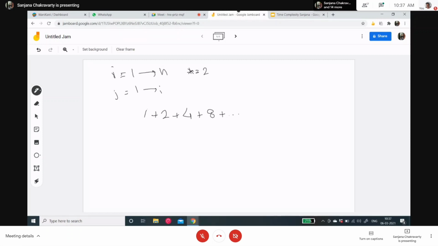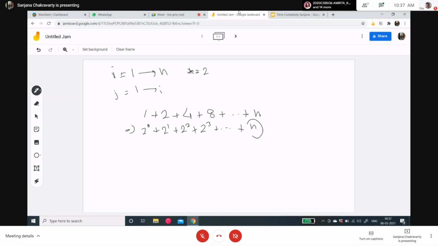When does the loop stop? When do we stop iteration? When i is equal to n. So then j runs i times. So now i is equal to n, so j runs n times. Once again, we can rewrite this as 2 to the power 0 plus 2 to the power 1 plus 2 to the power 2 plus 2 to the power 3 plus